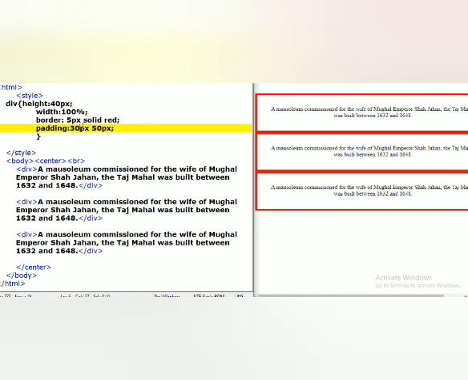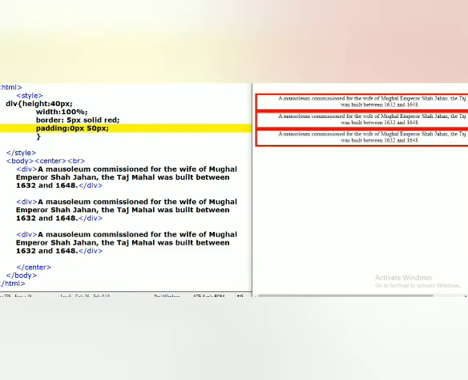If I pass 2 values for one padding property here, the first value applies padding for top and bottom, and the next value applies the padding for left and right side. So for top and bottom I will make it 0, so you can make out the difference. I am going to refresh here. Top and bottom it is applying 0 pixels, and left and right side it is applying 50 pixels padding.